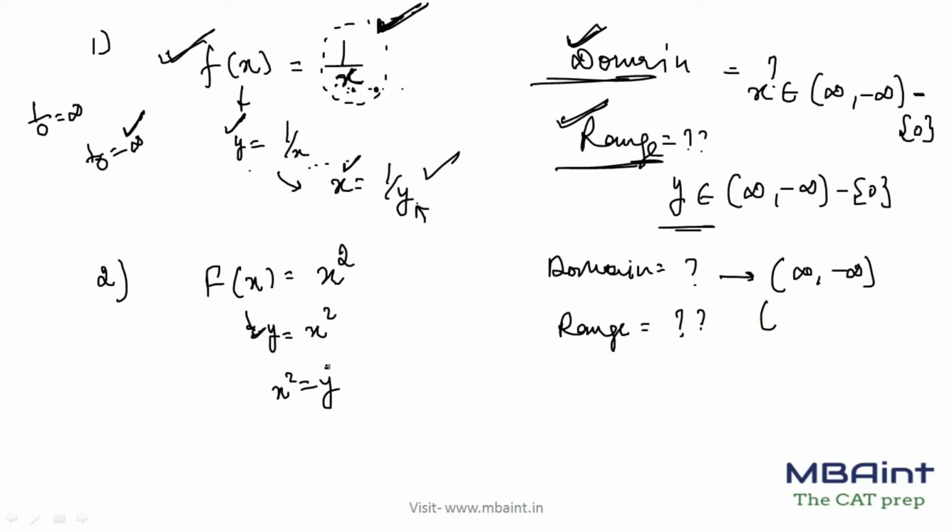Now one more thing, guys. I know that x square is equal to y, right? I know that the outcome of x square will never be negative. So y cannot be negative here, right? If you put any value of x here, y cannot be negative. So range cannot be negative here, right? So it has to be from 0 to positive infinity. Try to understand.